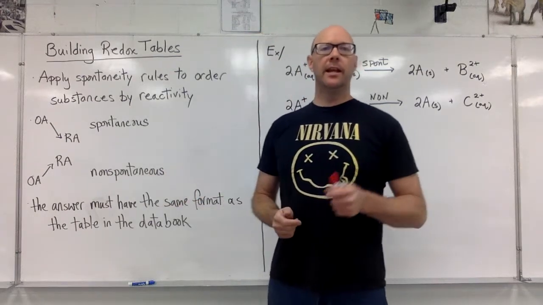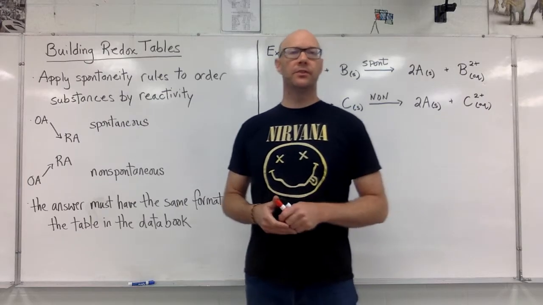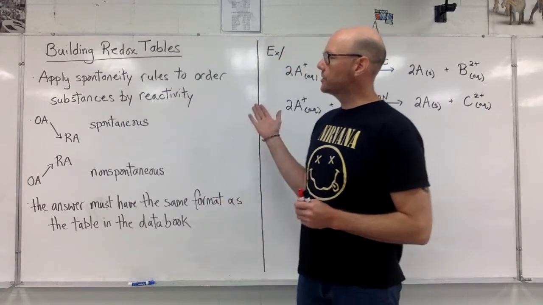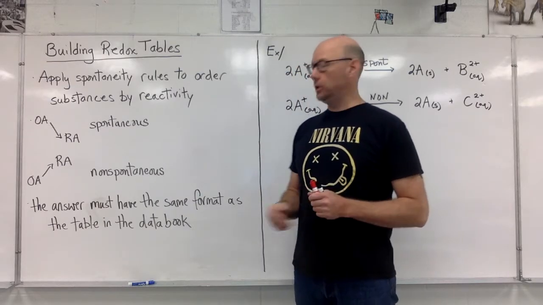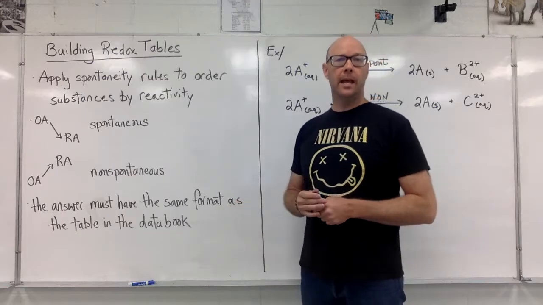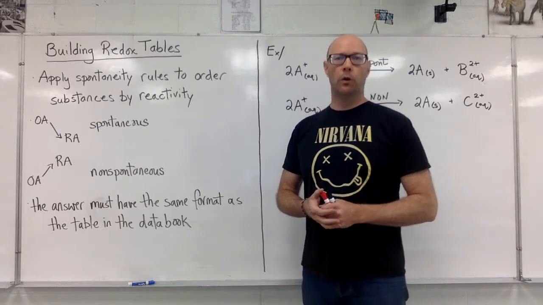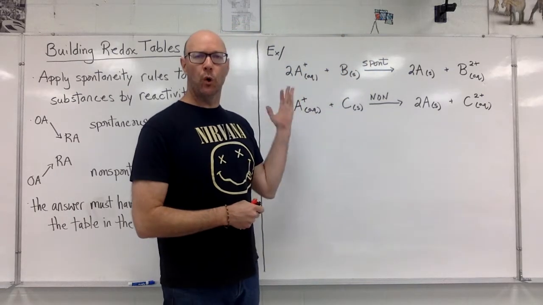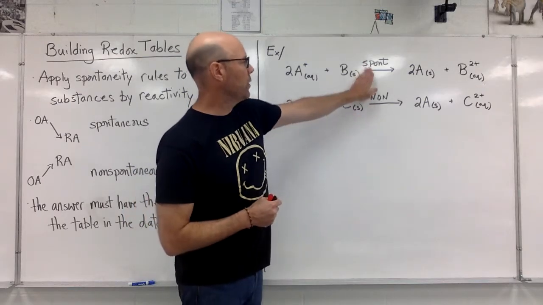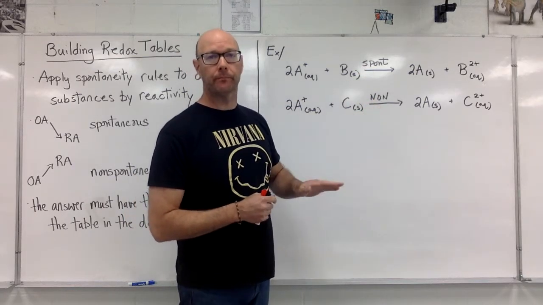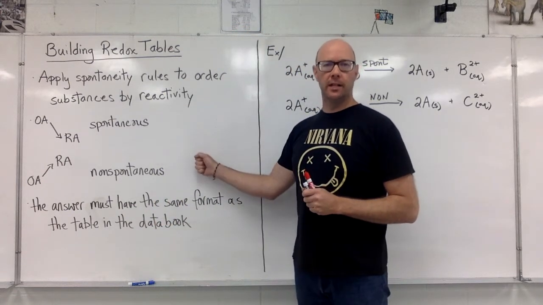Hi everyone. Today I'll look at a kind of question called building redox tables. This is a style of question that's going to ask us implicitly to apply what we know about spontaneity and what we know about the format of the table of reduction half reactions in the data booklet to build our own. We're going to be given 2 or 3 or sometimes even 4 reactions and told whether they're spontaneous or not. What we're going to do is use our 2 spontaneity rules